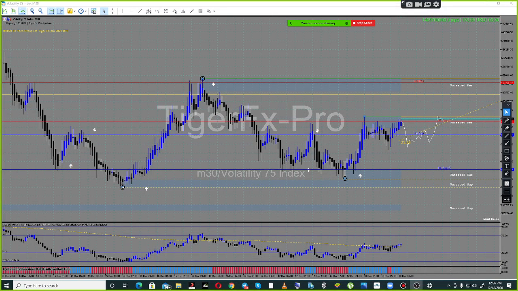Avoid getting into a trade and then finding out that the market goes in the opposite direction. First you must understand what we call structure key levels on the market, which is supply and demand, support and resistance. Those key levels help you to spot where the market will struggle first before it goes into a direction.